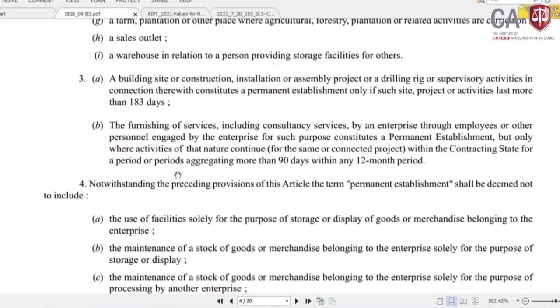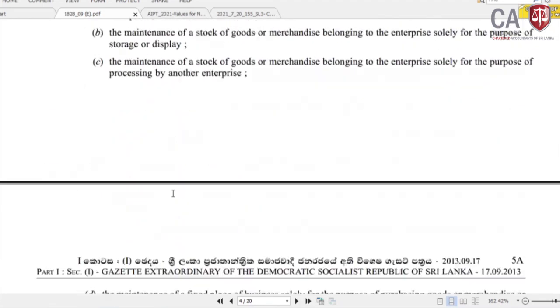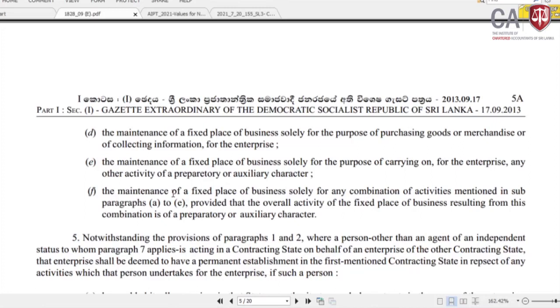But I come to this one, paragraph 5: notwithstanding the provisions of paragraphs 1 and 2, where a person other than an agent of an independent status to whom paragraph 7 applies is acting in a contracting state on behalf of an enterprise of the other contracting state, that enterprise shall be deemed to have a permanent establishment in the first-mentioned contracting state in respect of any activities which the person undertakes for the enterprise, if such person, come to here,